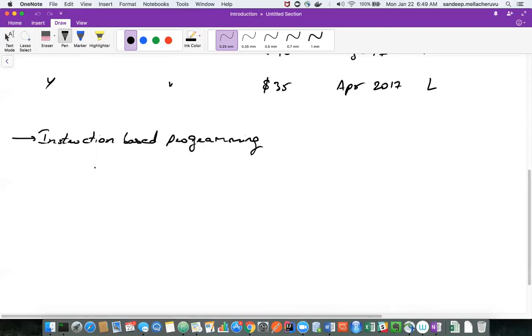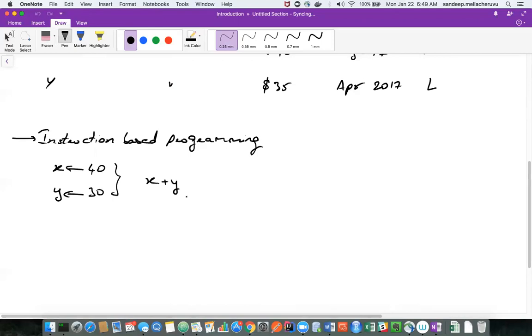So what does it mean by instruction? Let's say there is a value 40 and there is a value 30 and you want to get them added. What you do? You assign this to X and you assign this to Y and then you say X plus Y. So this is what we are coding till now in all the programming languages, in all the computers.